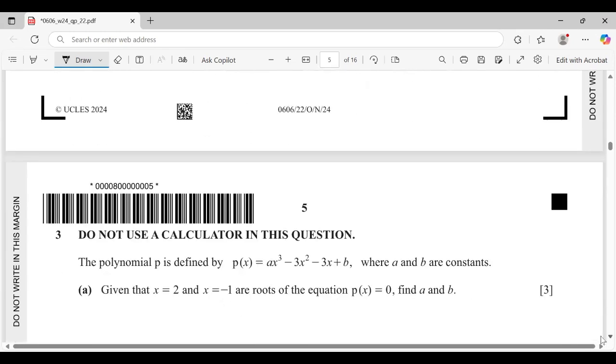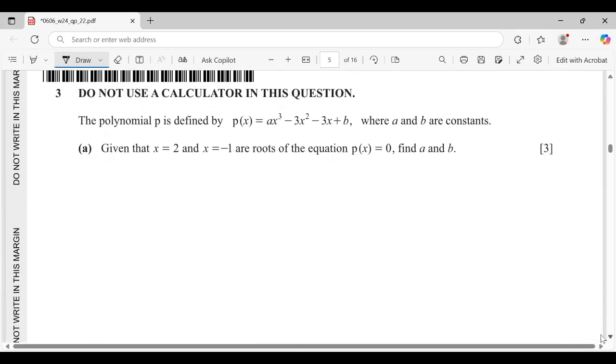Next question. Number 3. Do not use a calculator in this question. The polynomial p is defined by p(x) equals a x cubed minus 3x squared minus 3x plus b, where a and b are constants. Given that x equals 2 and x equals minus 1 are roots of the equation p(x) equals 0, find a and b. According to this information, when x equals 2, it means